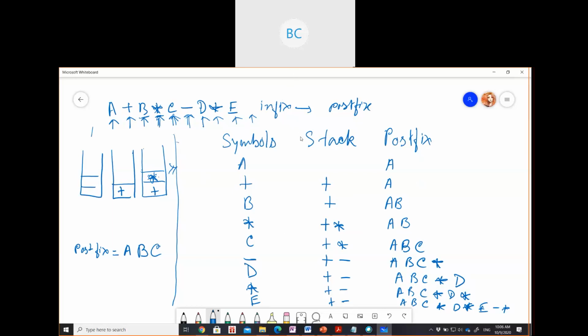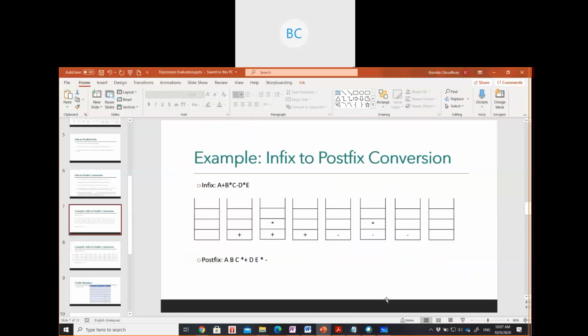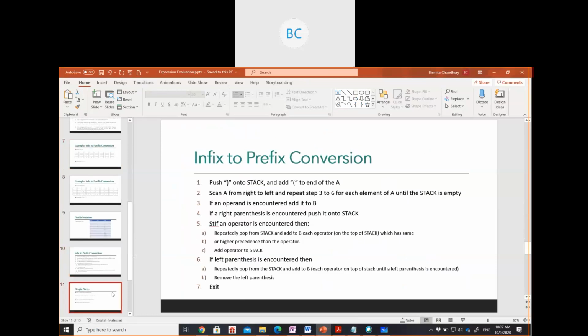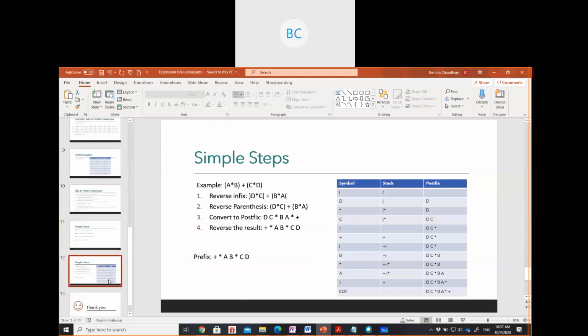Okay, I can give you some examples. You can just try at home. This one I'll teach in the next class or next week. So just take this week to process the evaluation process. Then I'll show the conversion process. Okay, I can share this one with you guys so that you guys can go through the PPT and check how it works. Okay. Then it will be easier for you guys to understand the thing in the next class. Okay.